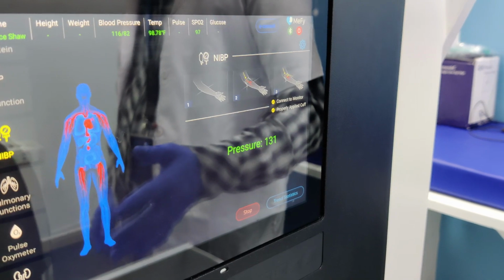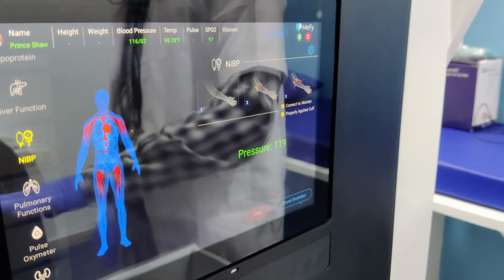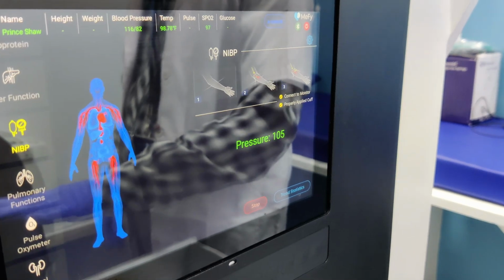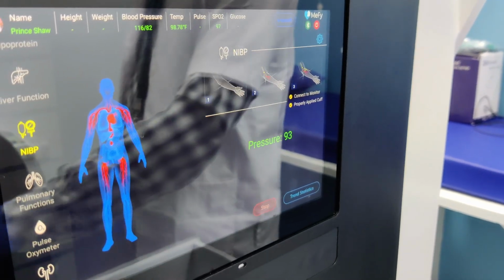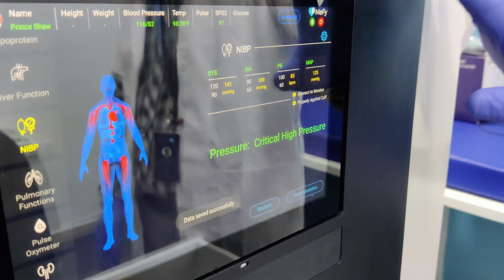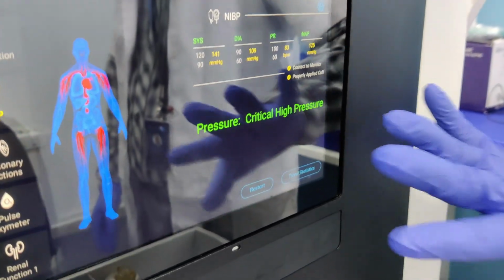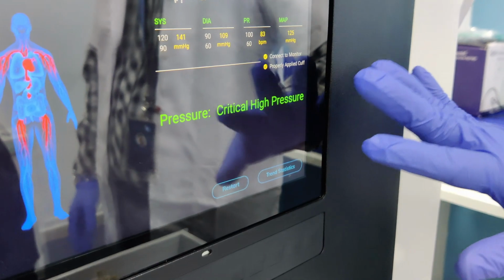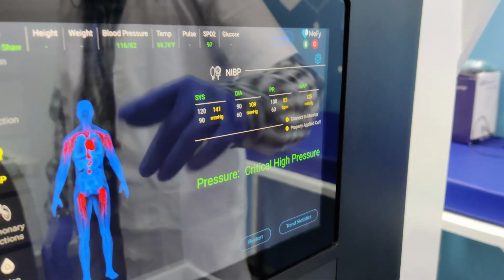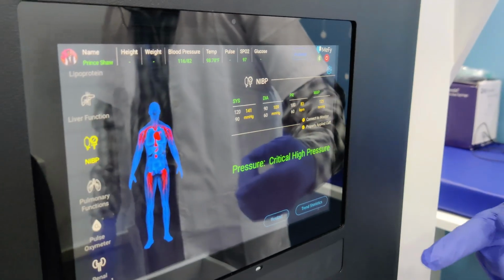And it performs in a way wherein it's a mixture of digital and analog functionality. As you saw, the cuff was just a pure cuff, and the rest of the computation and everything is done here. Now if you look, his blood pressure is high at this point of time. Now we'll introduce you to a few more things here.